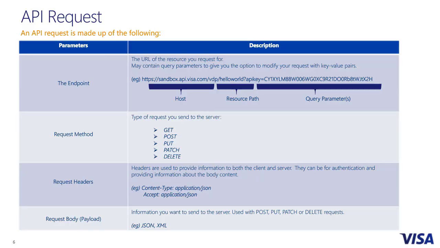SSL is basically a secure protocol which is used for sending secure information over the internet. Like you go into an online shopping portal and you enter credit card numbers and you enter passwords on websites. So these are all secure information. So SSL is a protocol mainly used for securing this information. Now SSL can be implemented in two ways. One is one-way SSL, the other one is two-way SSL. XPay token is of type one-way SSL and mutual auth is of type two-way SSL, which is why we are going to look at what one-way SSL is in the next slide.